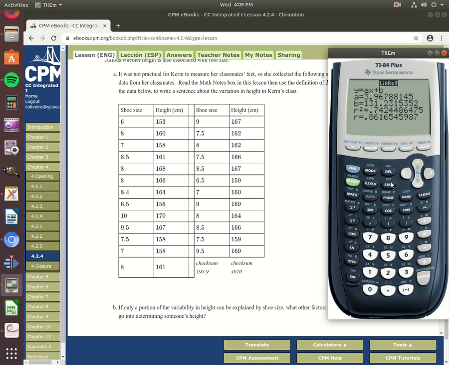I'm not done though. I do want to go ahead and see what this looks like. Again, it's positive and strong, so I do expect it to look that way. And you can see positive and strong. It looks pretty good. The next thing I will do is I'll run my residual plot, because again, the R and R squared don't even necessarily mean anything if,